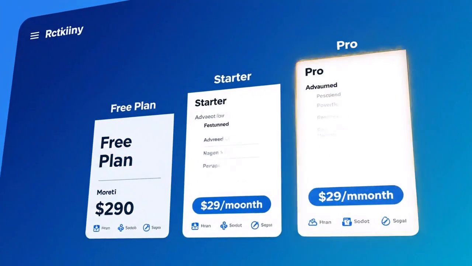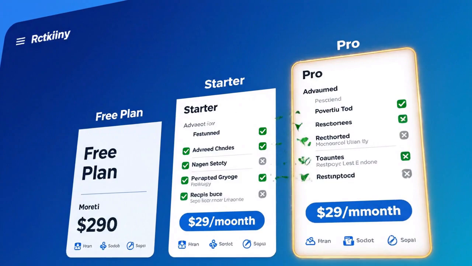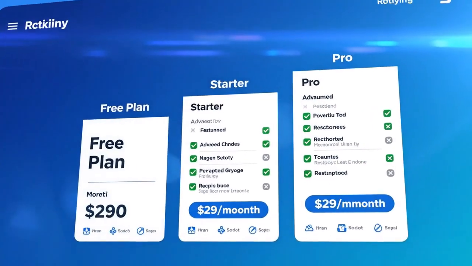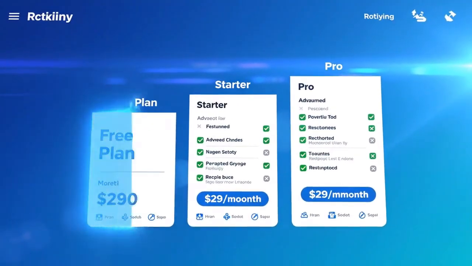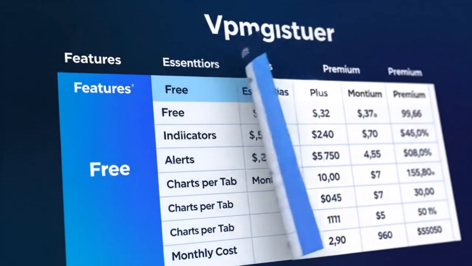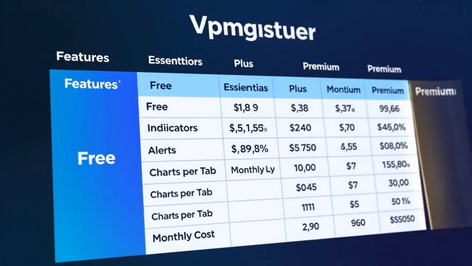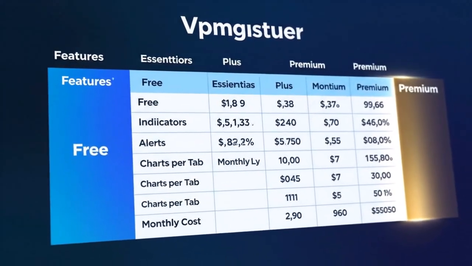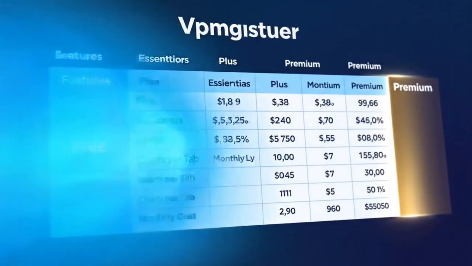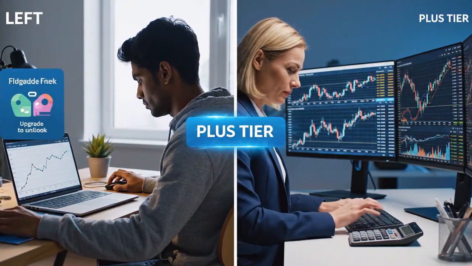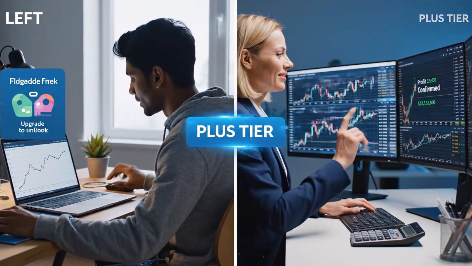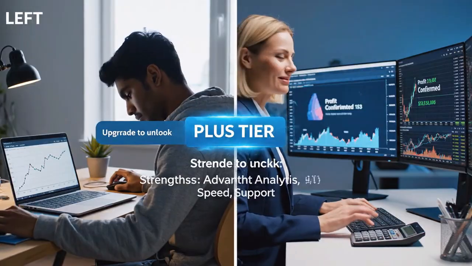Pricing starts free, but serious features live in paid plans, so decide how much you're ready to invest. As you upgrade, you gain more indicators, more alerts, more charts per tab, so bigger setup, higher cost. If you're just starting, the free version may work, but if you trade actively, you'll want at least the Plus